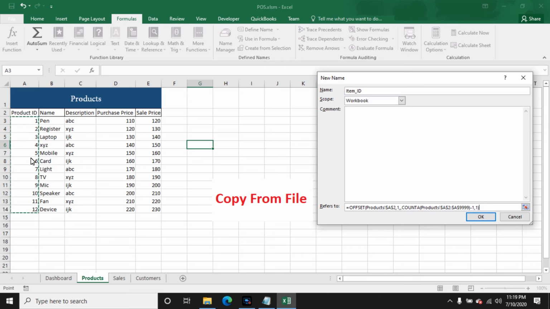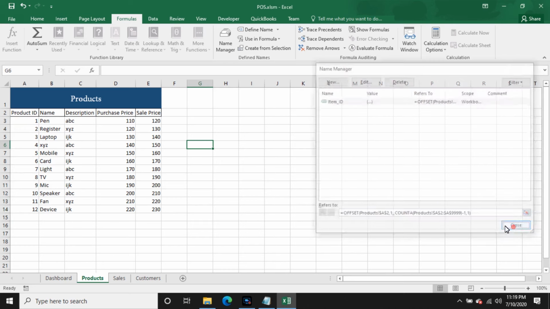And here the atoms are selected from 1 to 12. The maximum range is A9999, but we are counting only the available items or available products by using this offset formula. So click OK, close,